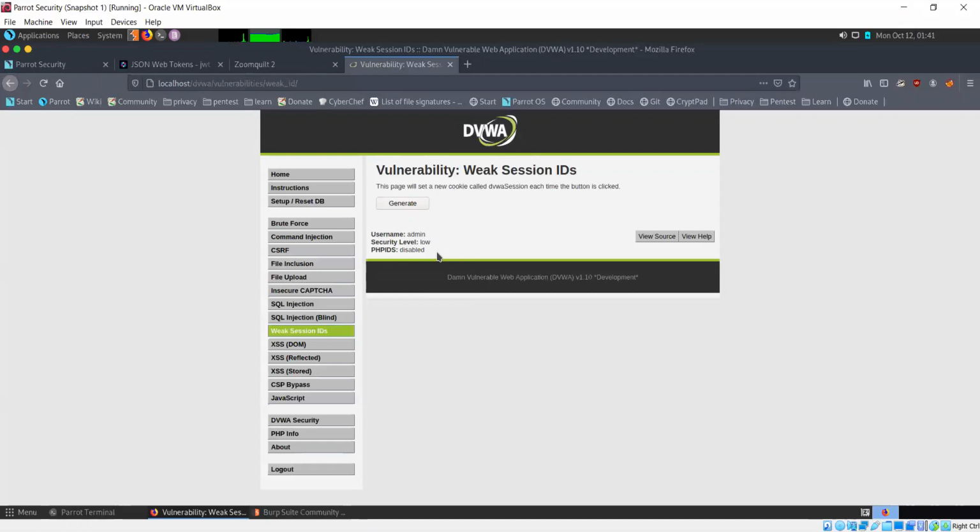If you are logged in as a user, then your cookie will contain your session details, and it will be sent in every request made to the web server. But if these session IDs are weak, or if the algorithm generating them is not proper, then they could be predictable.